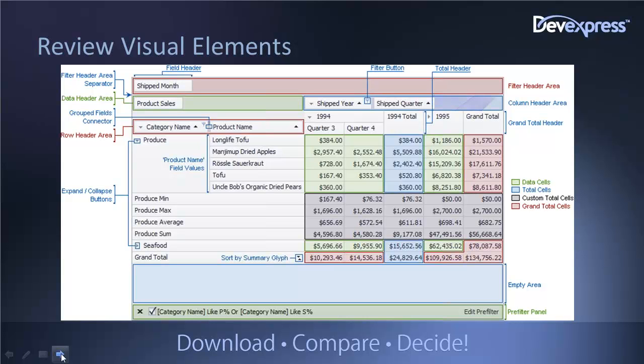Now, the graphic that we're looking at here has a bunch of outlined parts with different colors to show which parts they are, but there should not be any coloring. There should be just the normal, battleship gray sort of look and feel, and the highlights are just to show what parts are what. So if we start at the top, though, we have a group of different header sections, starting with a filter header and a data header and a column and row headers. These are the primary areas that users wind up interacting with,